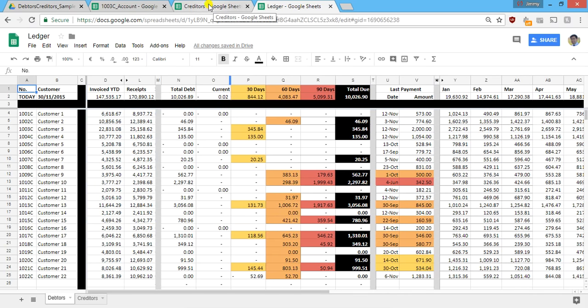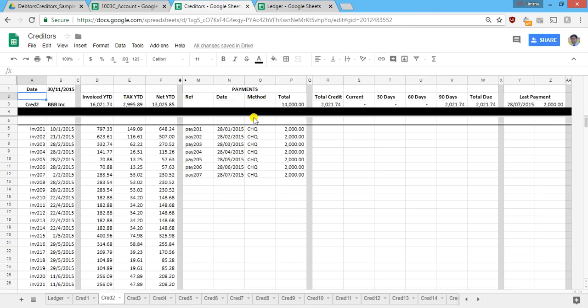So on the creditor side, there is a single spreadsheet to manage the creditors. The business did not have a huge number of creditors, but each creditor is given a tab, and as invoices are received, they are entered into each creditor's tab as necessary. So the invoice number is recorded, the date received, the invoice amount, any tax amount, which could be written off for tax purposes, and the net invoice amount, and then obviously any payments we make, we also record on our side so that our figures match